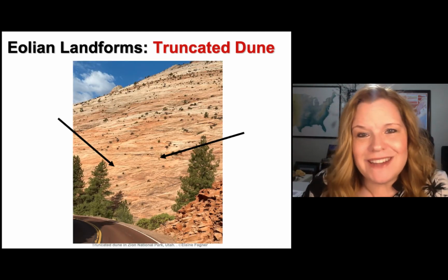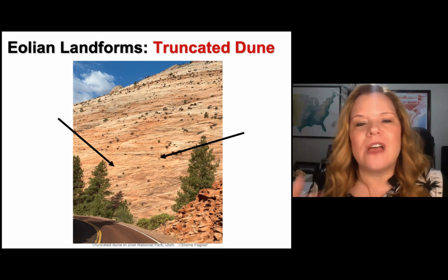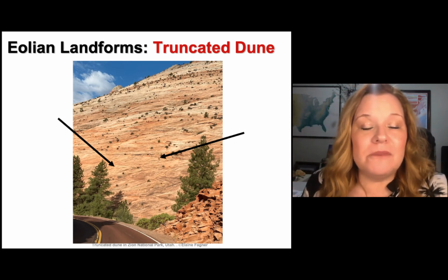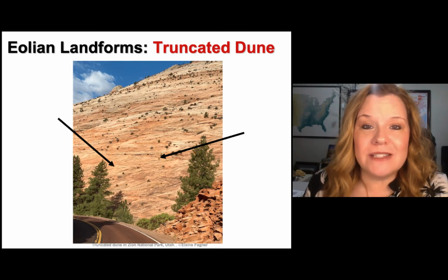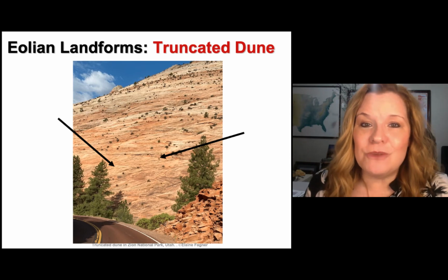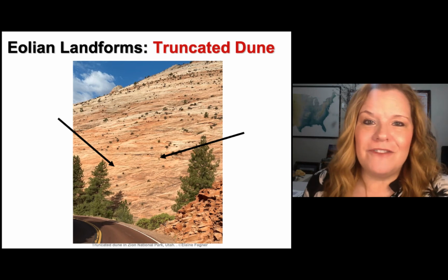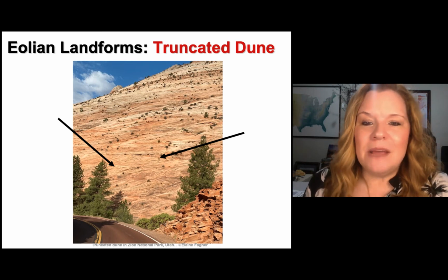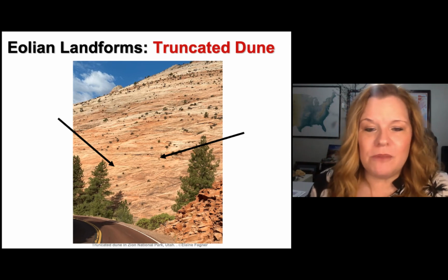Here are some truncated dunes on the east side of Zion. There's two sides to Zion. The east side is my personal favorite just for the drive itself. It's just gorgeous because that's where all this heavily cross-bedded stuff is. But the west side is where you do most of the hiking, and it has a whole different phenomenal beauty to it. But the whole park's just awesome, and if you get a chance to go, this should be on your bucket list.